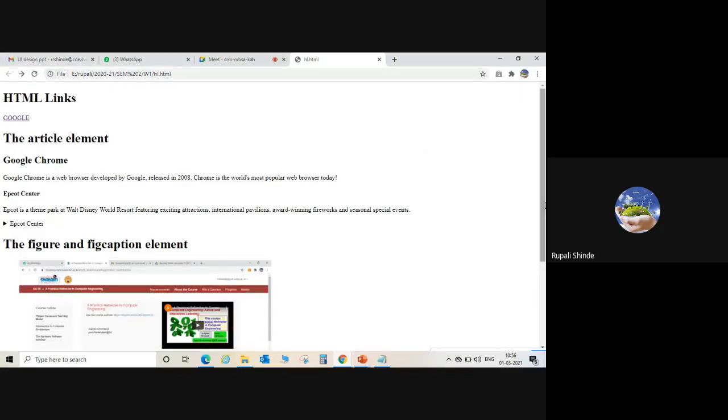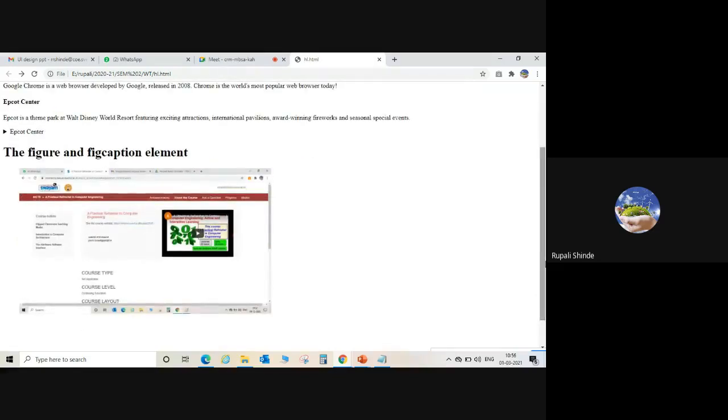The image is available here. You can now add your local image also.